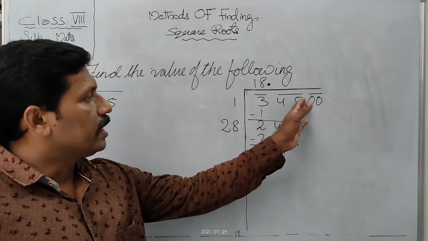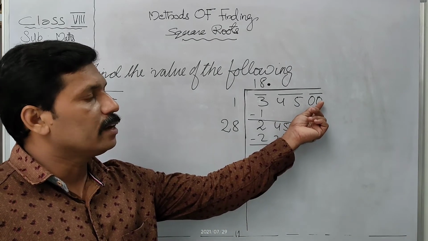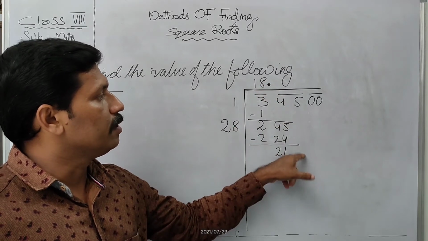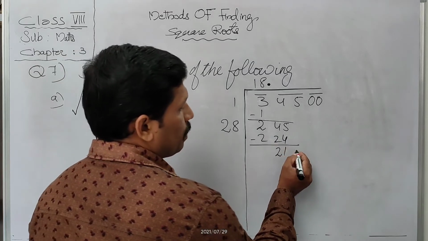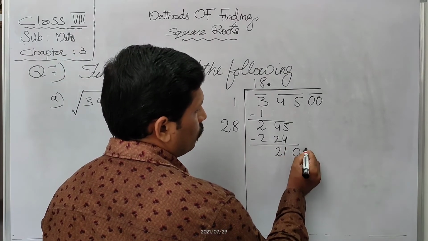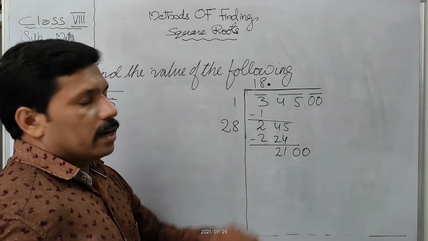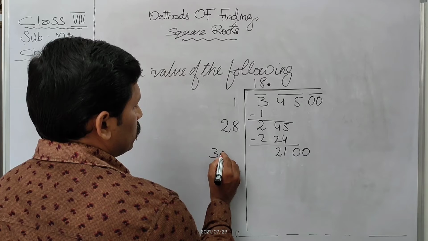Okay. So when the digits are over but the division is not over, at that time we can make a group of zeros, and when we bring down the zeros, at that time we have to put a decimal point in the quotient. Now this 0 came here. 2100. Then double of this, 36. 18 2s are 36.